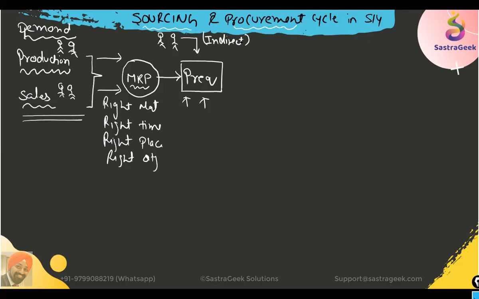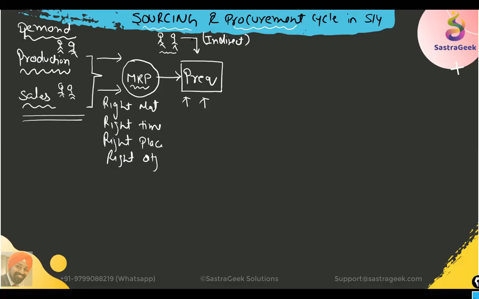So the requisition comes from two places, guys. One, from the MRP engine, and secondly, manually also people can raise a requirement. So these are all different department people who can raise the requirement. Now, from here, basically the procurement process will start. Once we get the purchase requisition, the procurement department will work. But how to create this purchase requisition? One purchase requisition, we said, will be created by MRP. Second can be created manually.